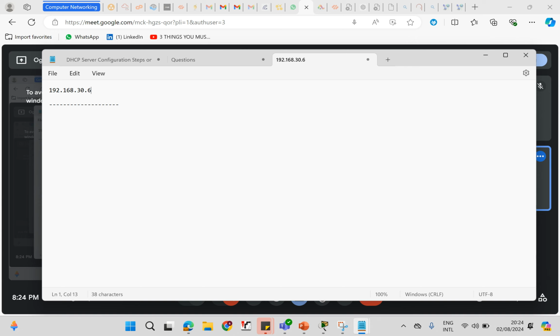Okay, so I did 192. We want to check what class 192.168.30.6 is. So, let's check the first number, which is 192. Let's convert 192 to binary. Remember, if we want to convert it to binary, we said we would